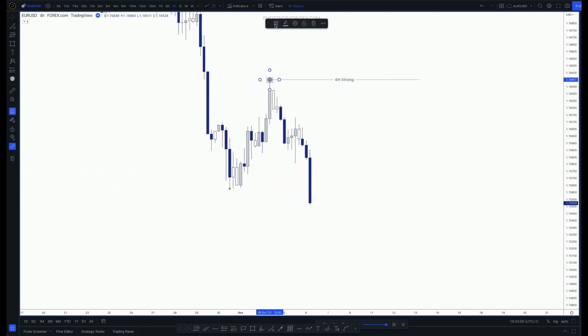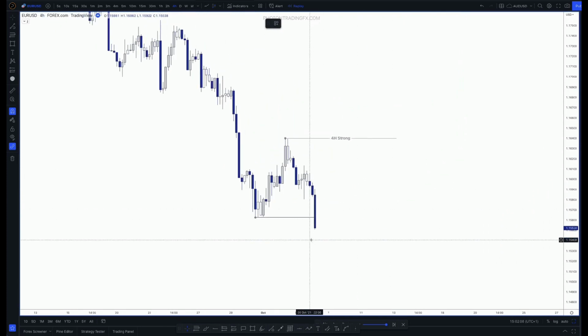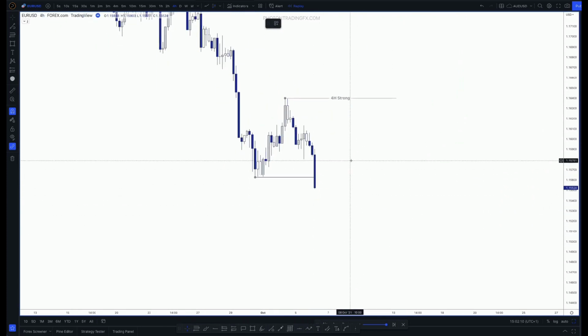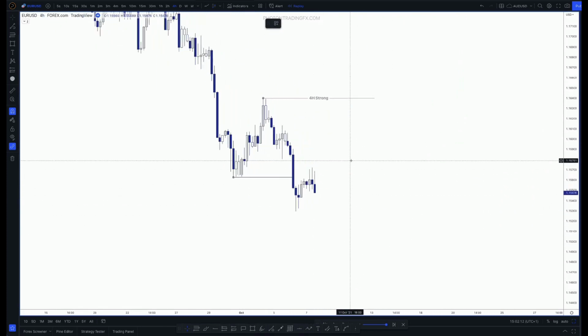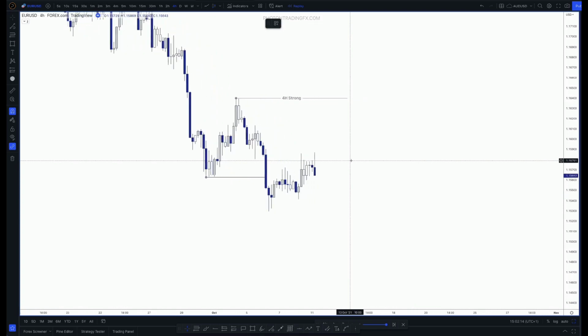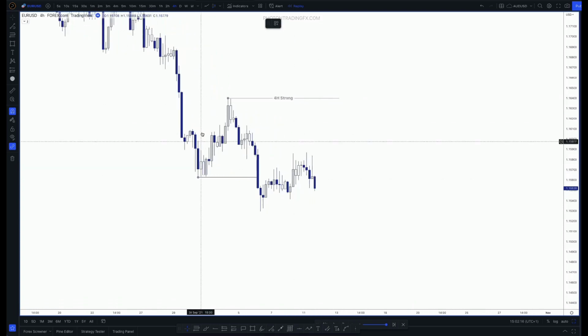Okay, cool. So at this point, we know where our swing high is, but we don't know where the swing low is until we have a relatively significant pullback compared to the recent price action. So I will just move this forward, okay? And then we start to have a pretty decent pullback compared to the previous price action. So I'm going to be happy in this instance to mark this out as our swing low,